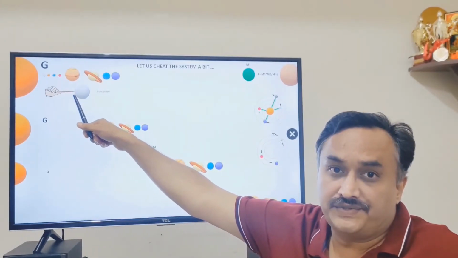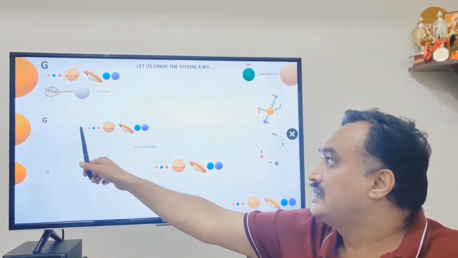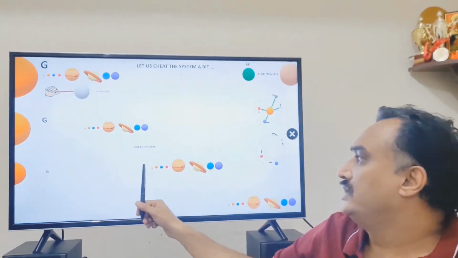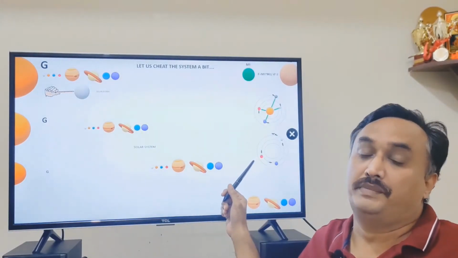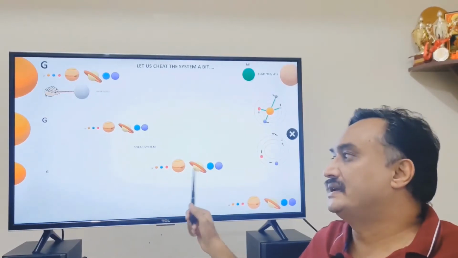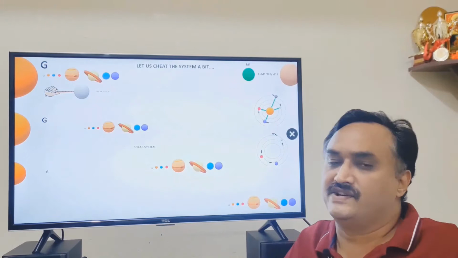The gravity is reduced, the influence is reduced because it is directly proportional to the mass. The planets move a bit away. Bring it down a bit more, the planets will move a bit more. The orbital diameter of these planets will keep increasing. You bring it to such an extent that it is just 1 kg of mass.